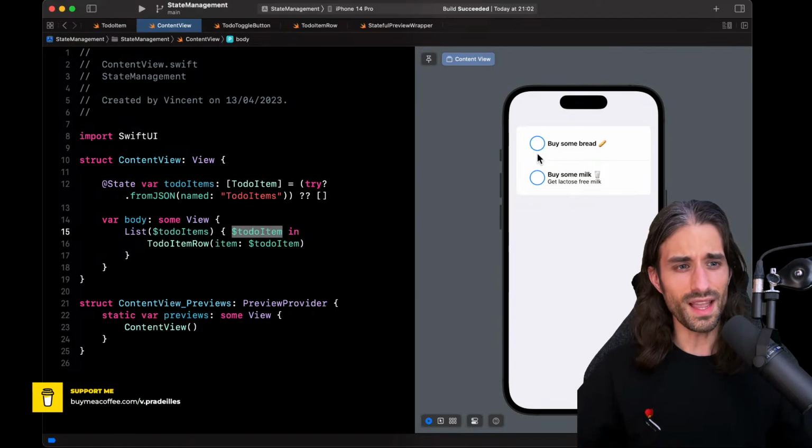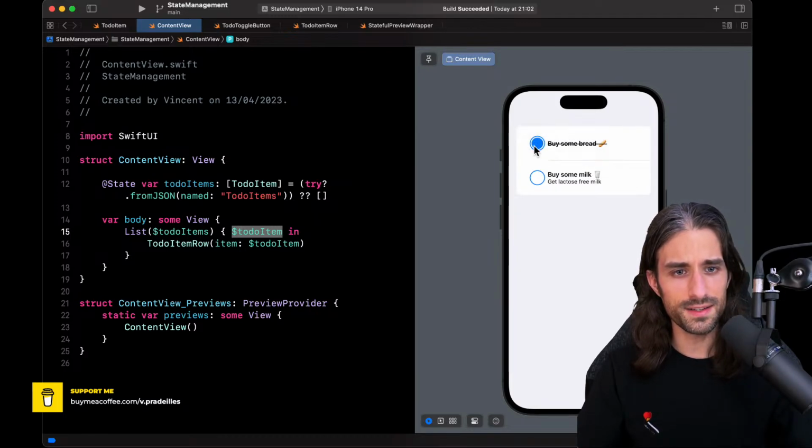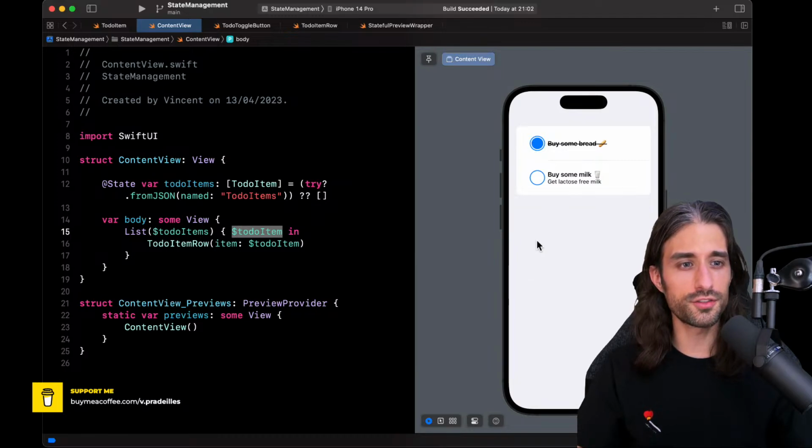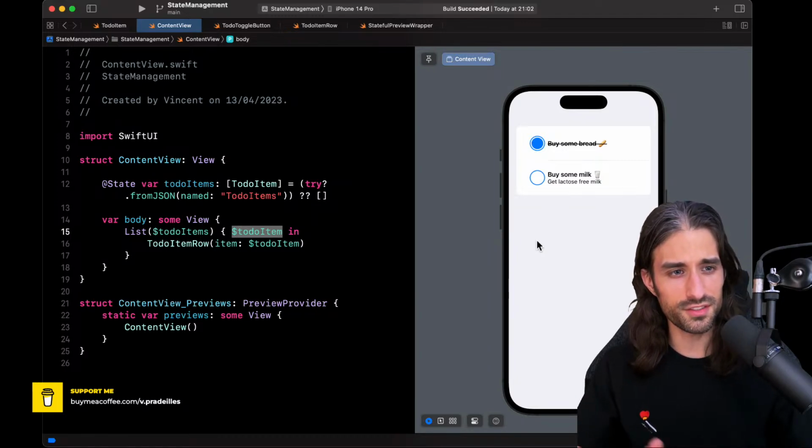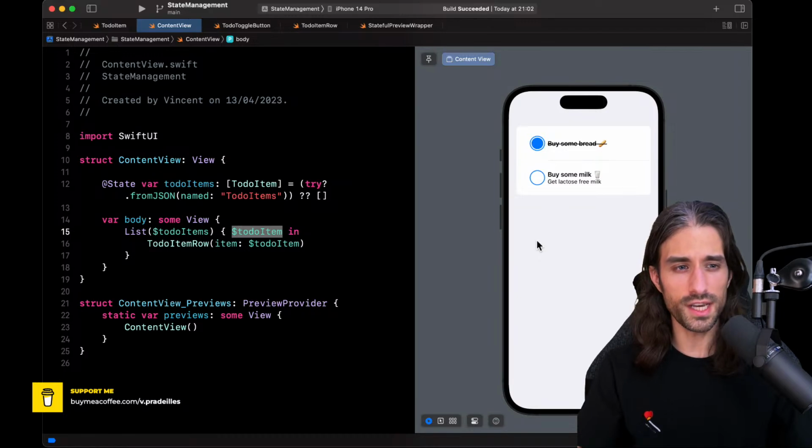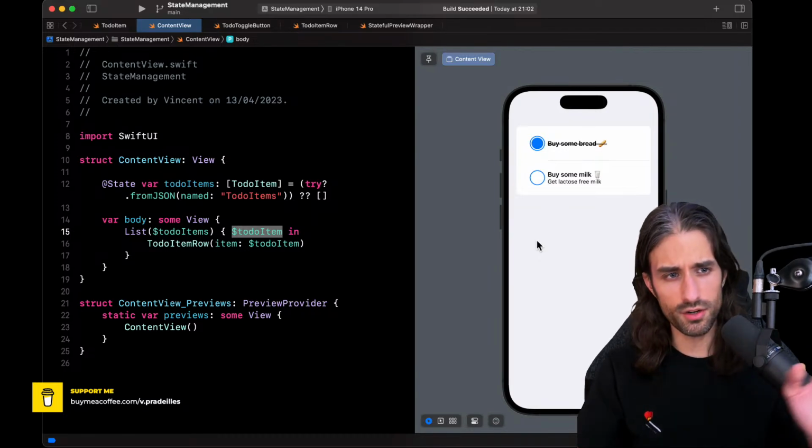Okay. I want to add a new business rule, we could say, which is that when I set an element to done, so when I tap on its button, I would like for it to go to the bottom of the list. Basically, I would like the list to be ordered with the not done elements first and then the done elements, kind of like Reminders does it, and then Reminders removes the elements.